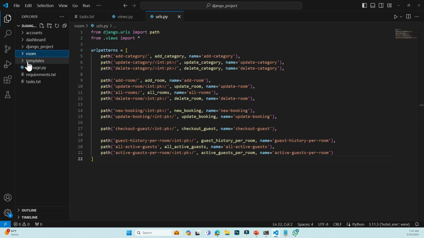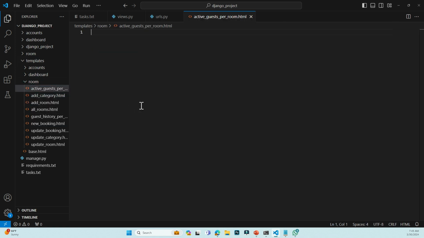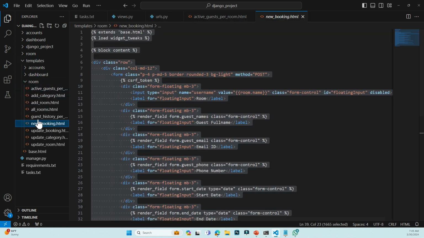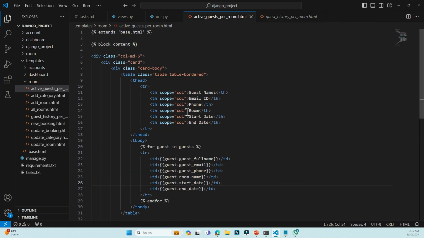All right, so come over to template room. Going to add something. So active guest per room. So it's very easy. We're just taking this one as a parameter, put it in here, and yeah. I don't know if we should be deleting guests. I don't think we should be deleting guests, right? Deleting or checking out. So yeah, since it's active guest per room, we're going to have